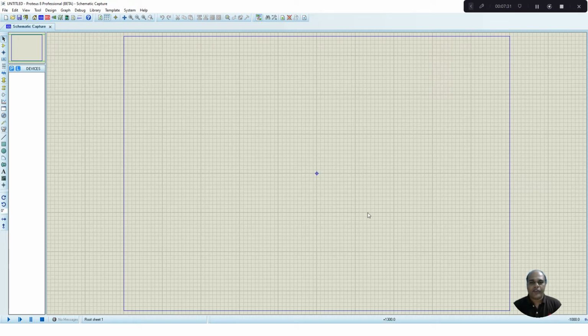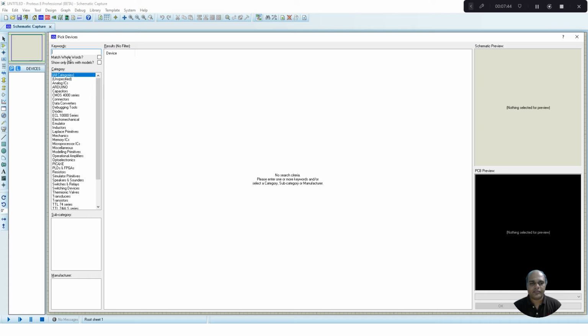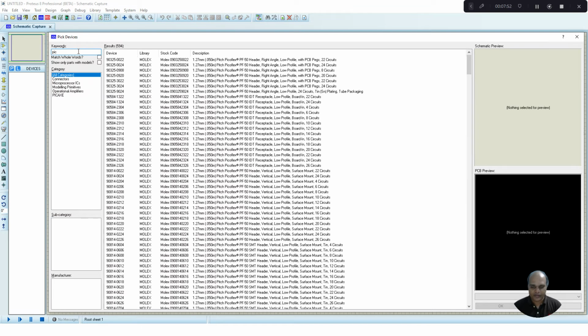And for building the circuit, we require the components. For selecting the components, on the left hand side, you can see P for pick the devices. Click on that. Here this window will open. So here we can select for our IC. So select the components. So we require a